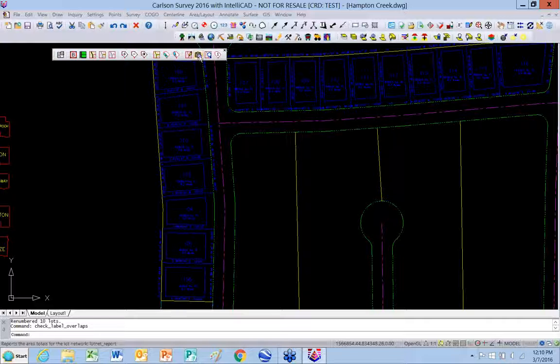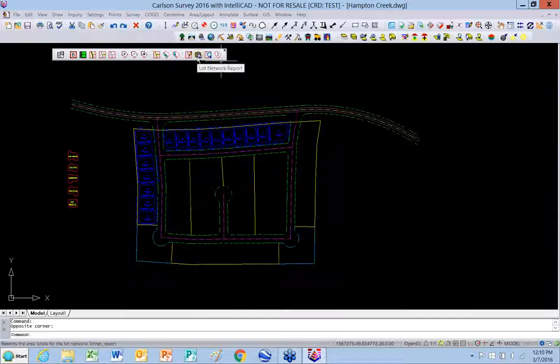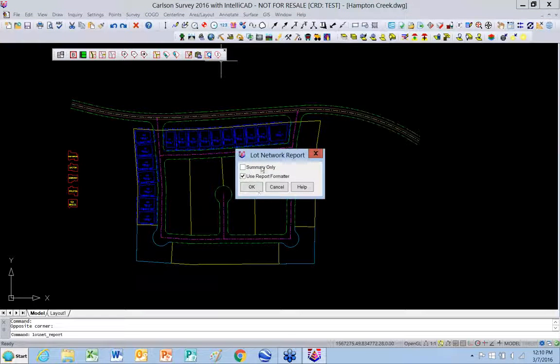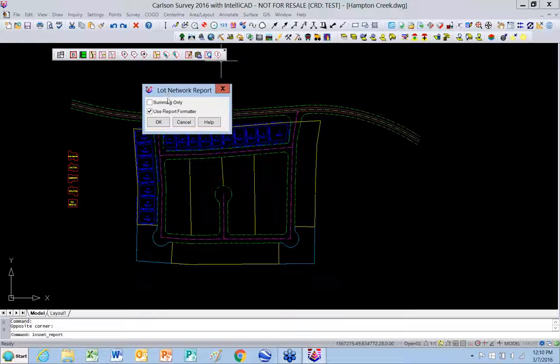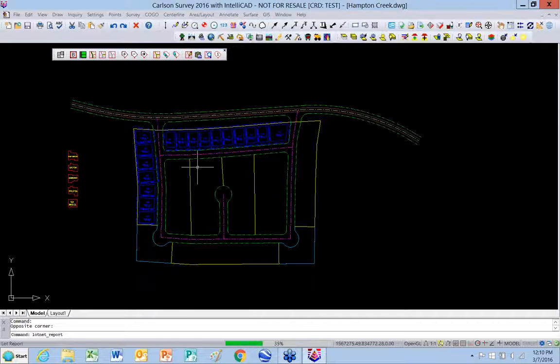So when I pick on my report here, see something here, LotNetwork report. There we go. So it has a summary only. I don't want to use the summary. I actually want to use, you check off summary, and I want to use the report formatter. So when I pick OK,